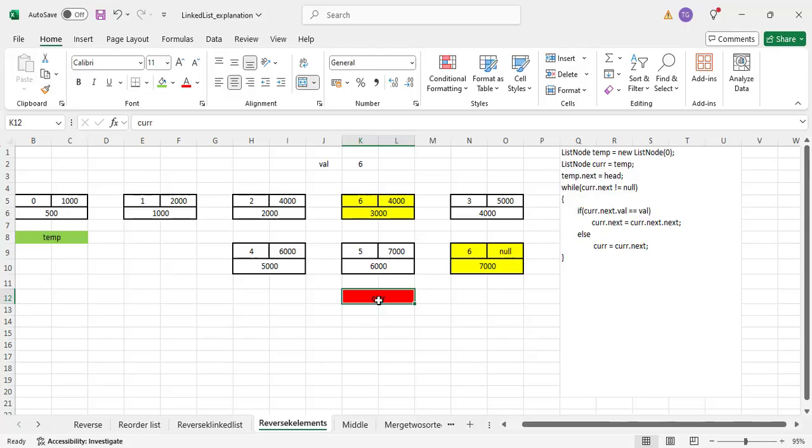Current.next not equal to null. Current is pointing to 6000. Current.next is 7000. Is 7000 not equal to null? Yes, 7000 is not equal to null. I'll go inside the while loop. I'll be checking the if condition. That is, current.next is 7000, its val is 6. Equal to the variable 6? Yes, both are